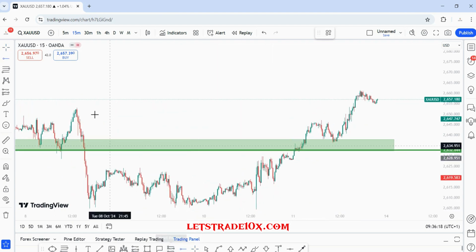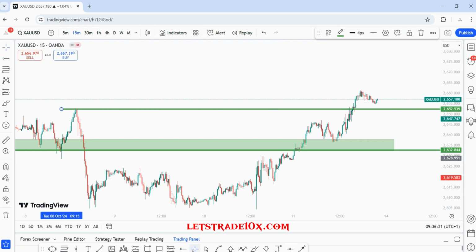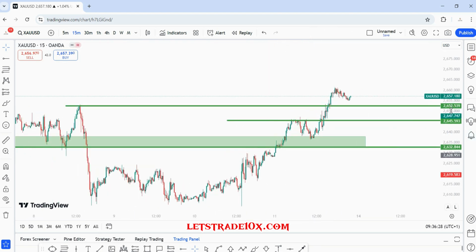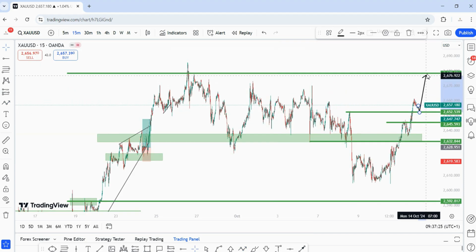So I have two zones I'll be looking at for a buy. One will be there and one will be here. So either way, 2,652.539 area would be a good place to buy from. All right, but for me, I would like this lower one here, which is 2,645.593. But if you choose to enter here, then guys, your stop loss has to be below this line below here, which is 2,645.593. So target will be